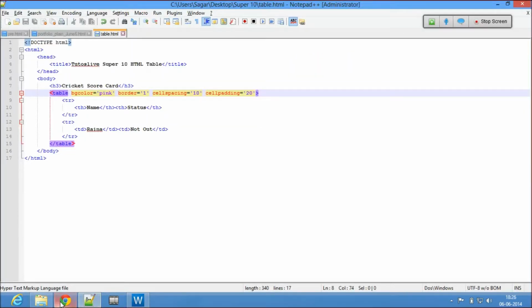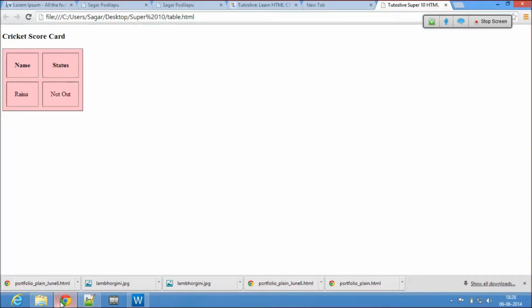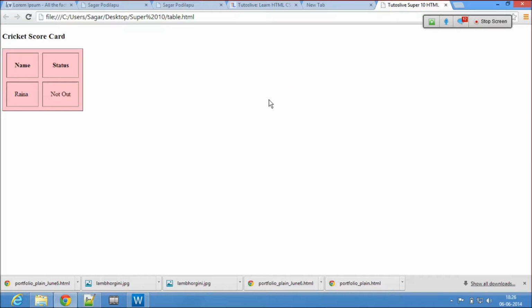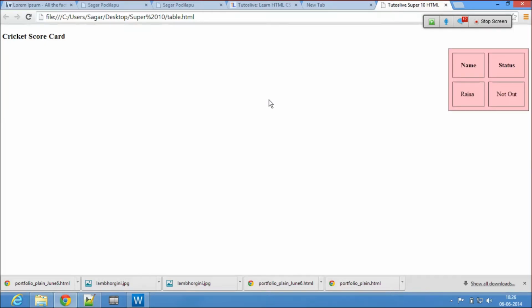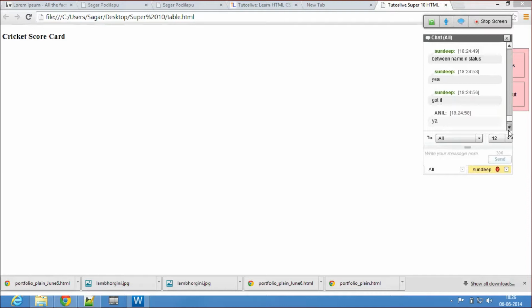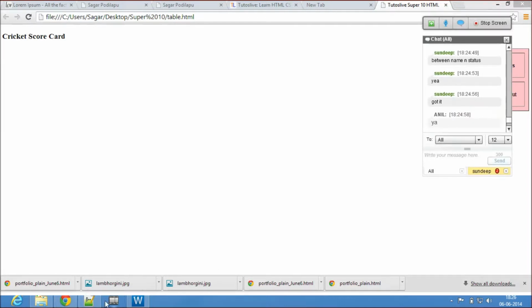Great. Now let's talk about align and width. So where is the table aligned now? Which location is it in now, left or middle or right? Okay, I hope you gave me the correct answer because I could not see the chat. So here what I do is align equal to, I'll say right. So I said align equal to right. See that the table has moved to the right. Yes, our table has moved to the right.